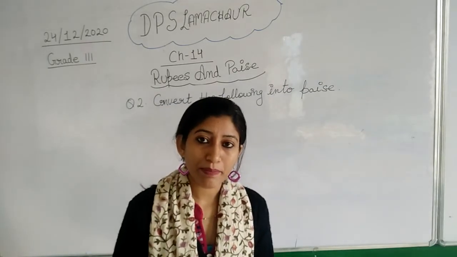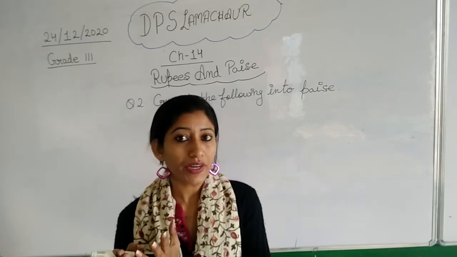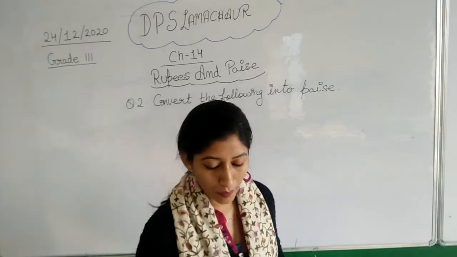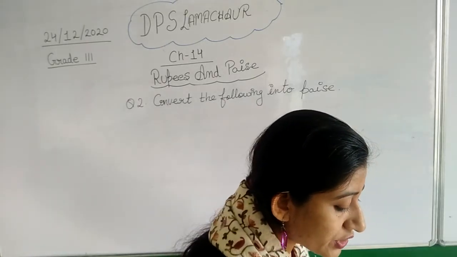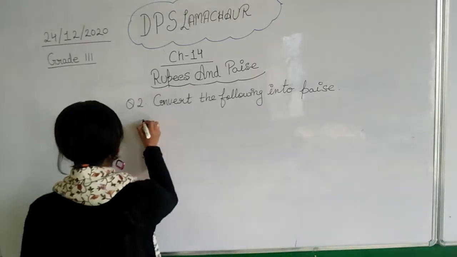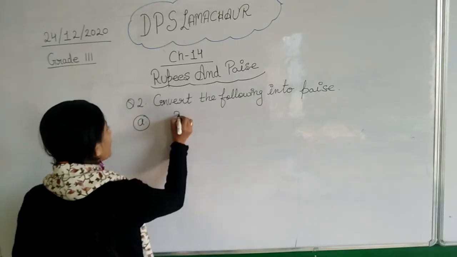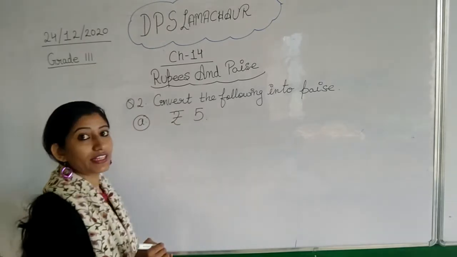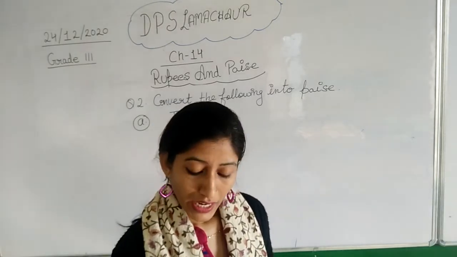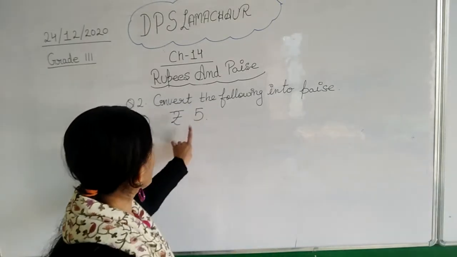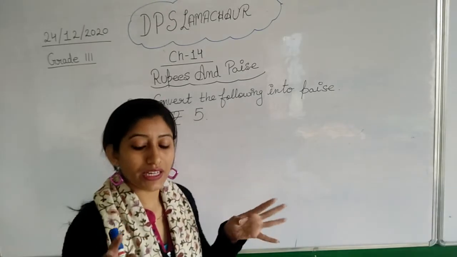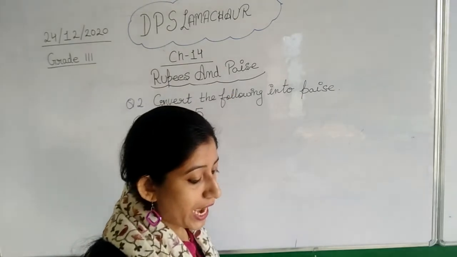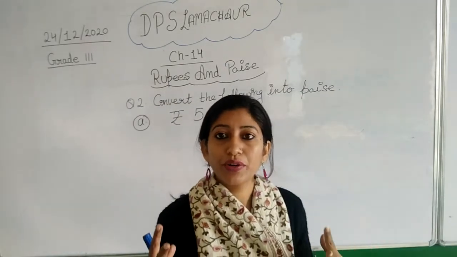Now it is very simple. When we have to convert to paise, it means the amount is given in rupees form. So let's start. Suppose it is given rupees 5. क्या दिया है? Rupees 5. Now for solving this rupees 5, we must know the relation between rupees and paise, and you all know the relation between rupees and paise.